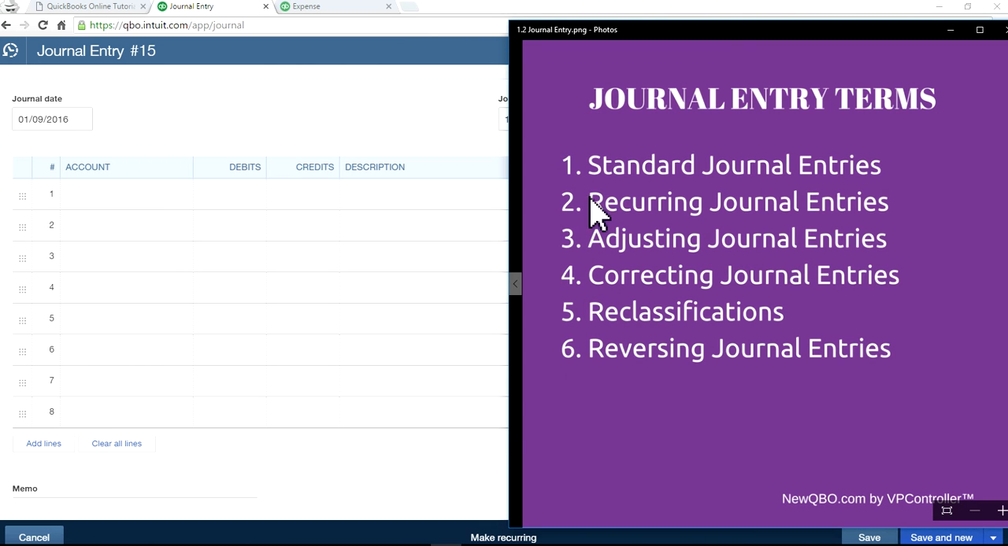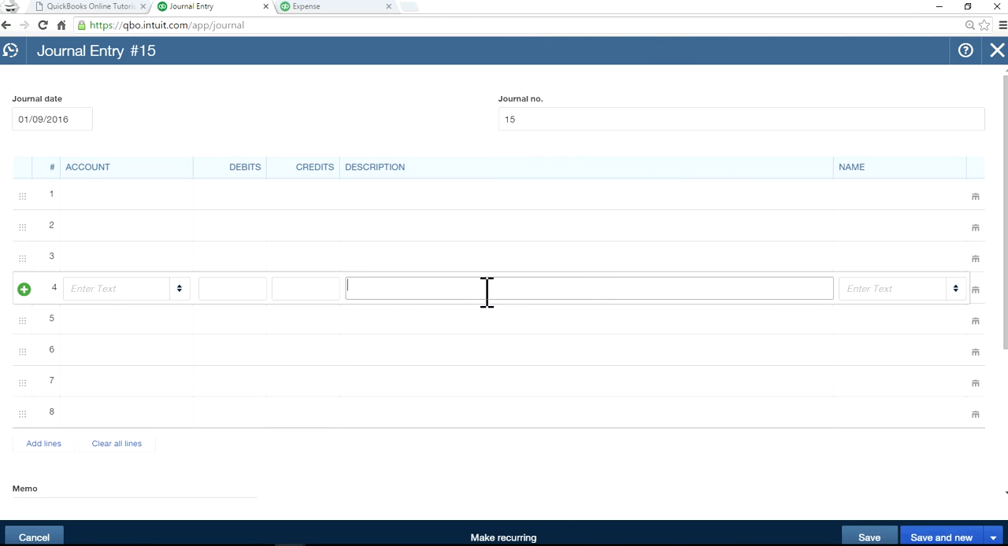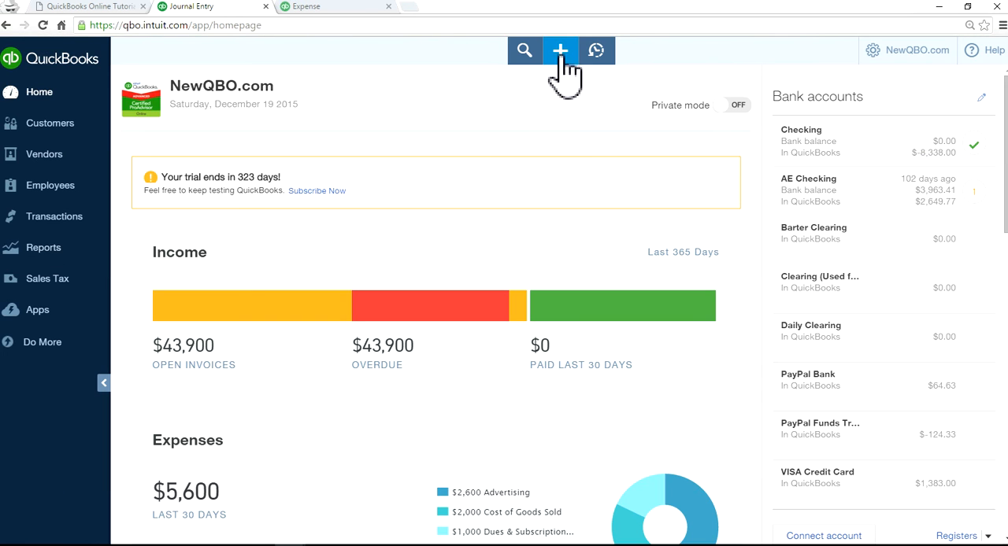Okay, so we went through almost everything. The correcting entries is basically just to correct the standard entries. We went through recurring, adjusting, correcting, reclass, and reversal. And so the standard entry could be for anything, let's just say you own a business, and you want to do, like, let's say